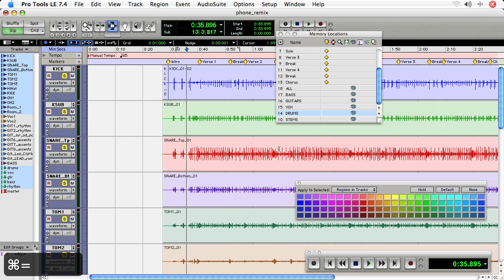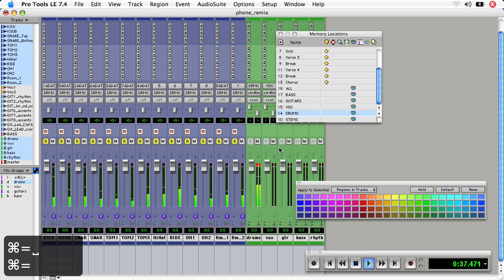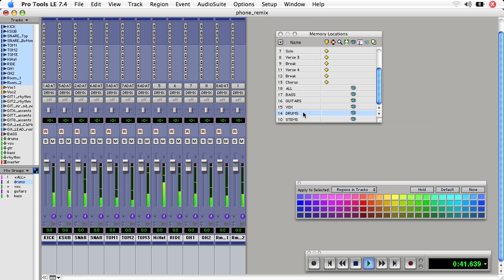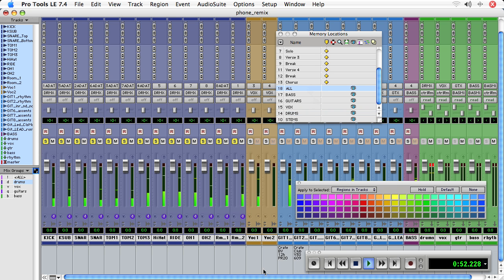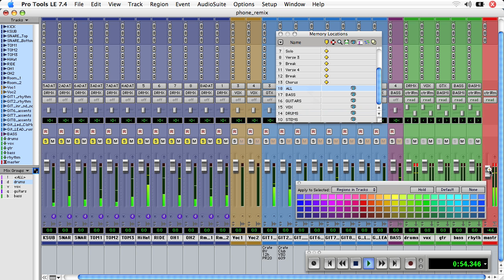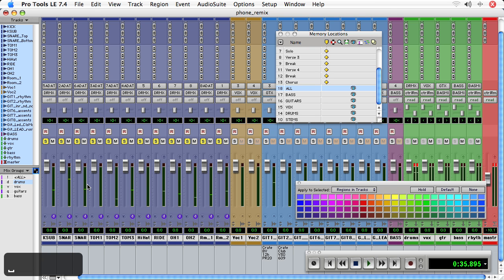Now, when we go back and play, so we hear just the drums. Okay, so now that we have our drums solo safed, and all of our stems for that matter,